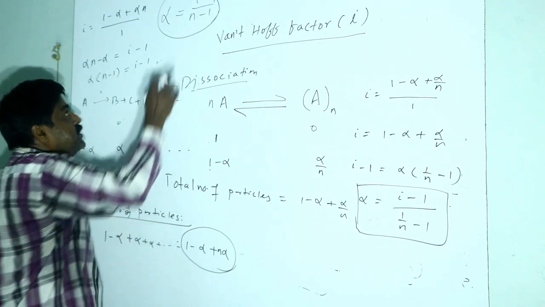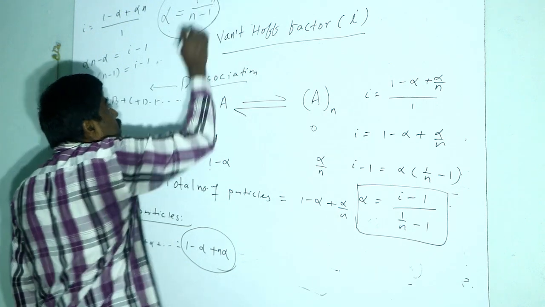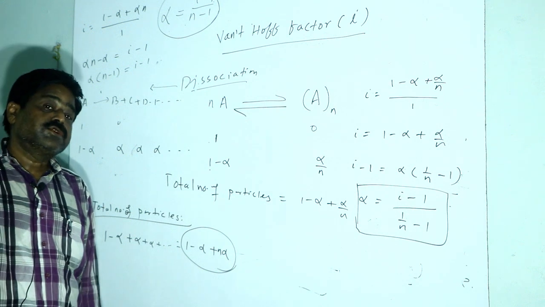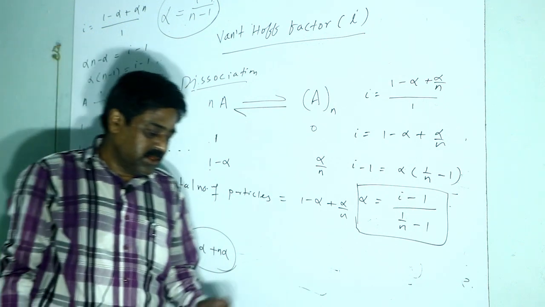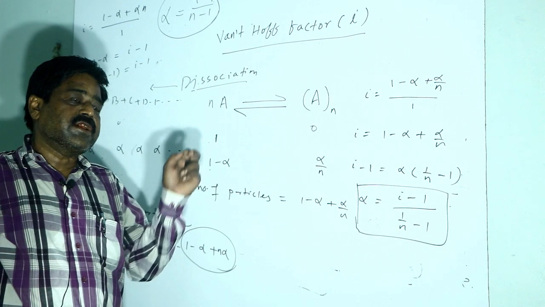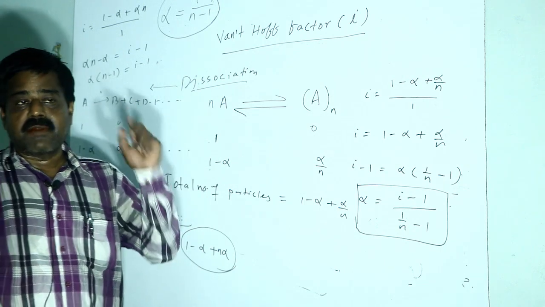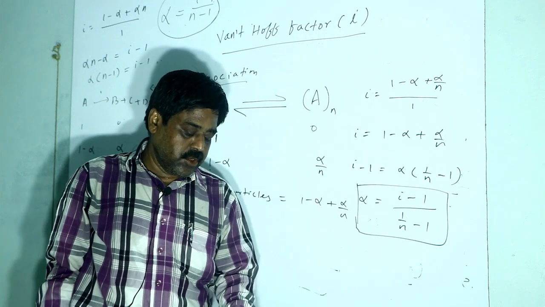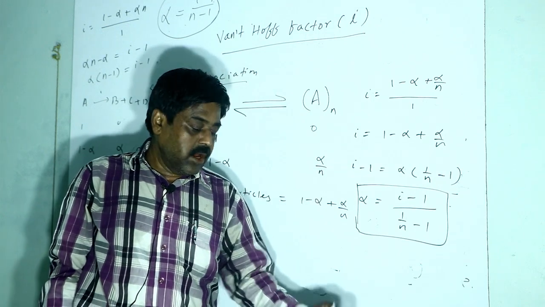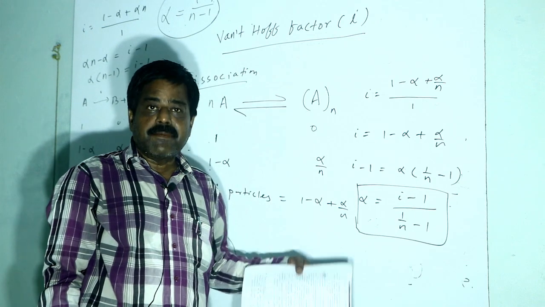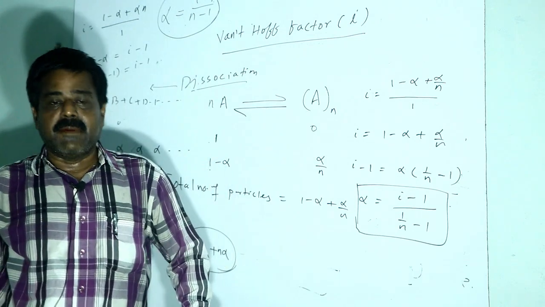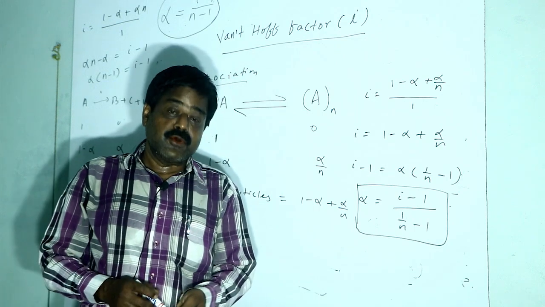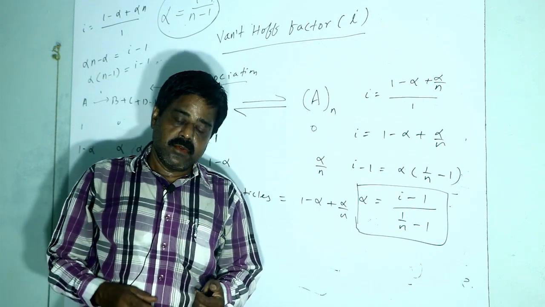This is the degree of dissociation of a dilute solution during dissociation of the solute particle in the solution. These are helpful in the calculation of actual molecular mass in case of association and dissociation of the solute particles. This is all about colligative properties and abnormal colligative properties. We will switch over to another chapter in the next class, that is electrochemistry. Thank you. Goodbye.